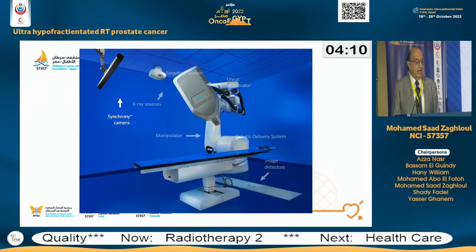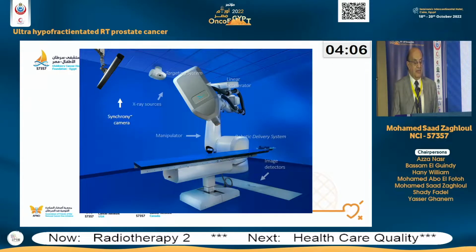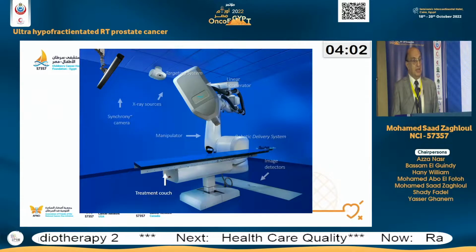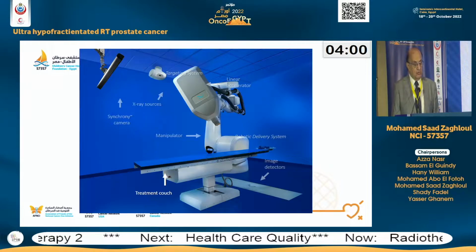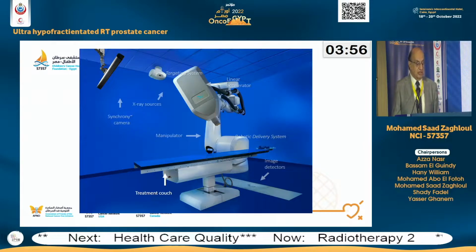This is synchronized by a camera. And there is, of course, a robotic treatment couch that does both the translation as well as the rotational